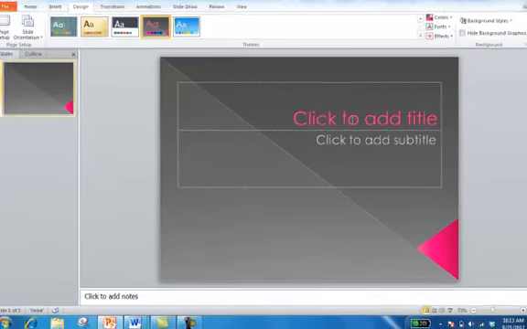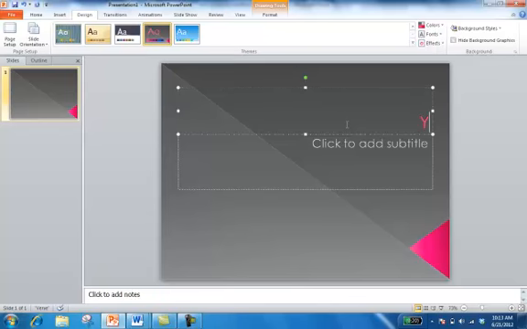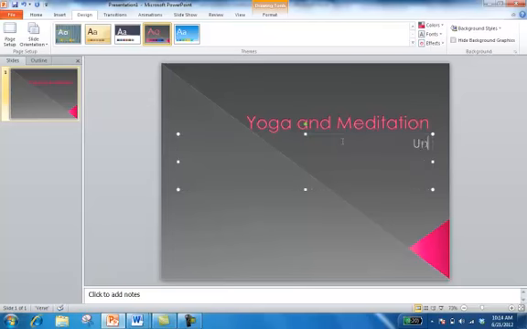And in step 1 on page 78, they're asking us in the title placeholder, this pink one, to type the phrase yoga and meditation. PowerPoint does have a spell check, just like Word does. People don't think that. They think it's only in word processors. But there is also a spell check in PowerPoint, and you need to be accountable for anything that may possibly show a misspelled word. In the subtitle text, step 2 in the book, you're going to type the phrase unify